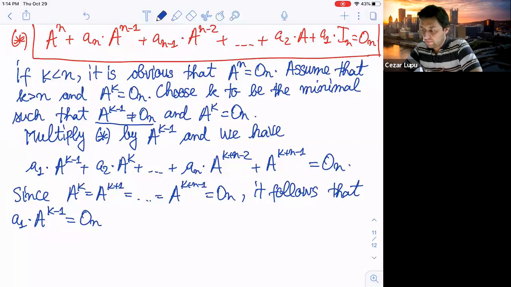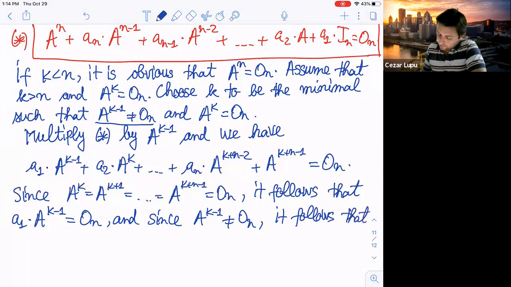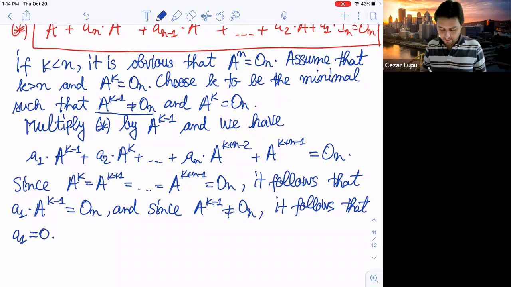So what does this imply? Since a to the power k minus 1 is not the null matrix, it follows that a1 is 0. So that is the only option we have here, right? So a1 will be 0. And now we're going to do the same thing. So we repeat the procedure. So repeating this procedure,